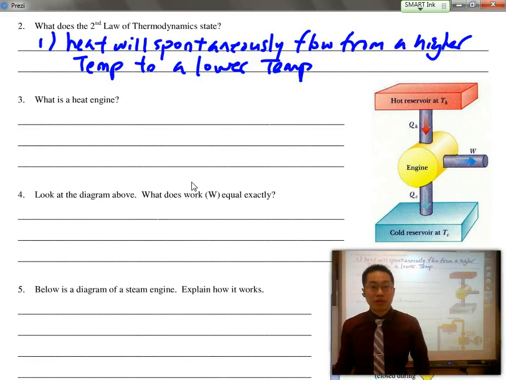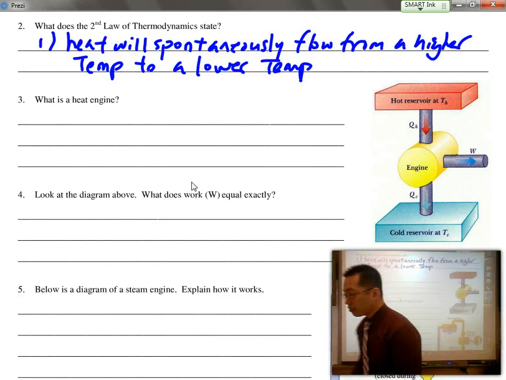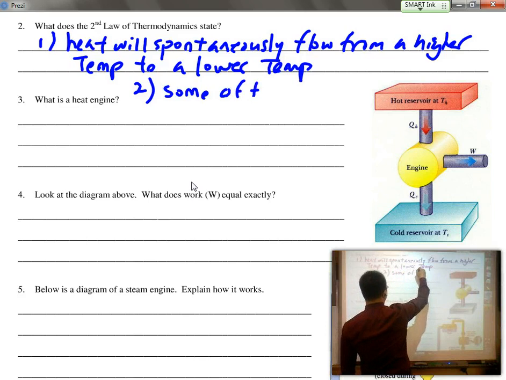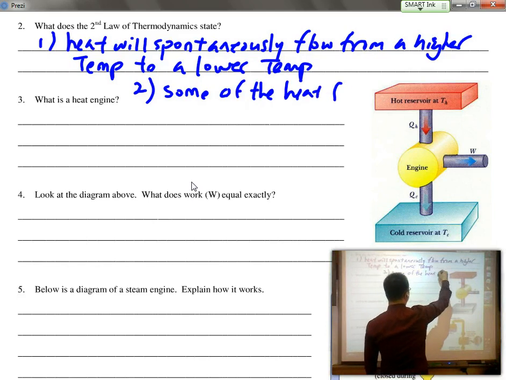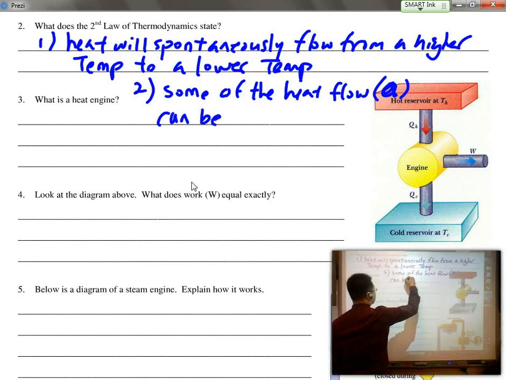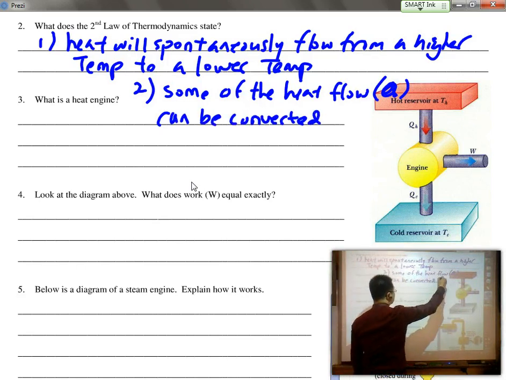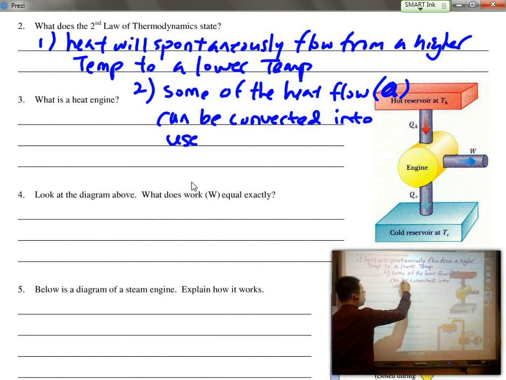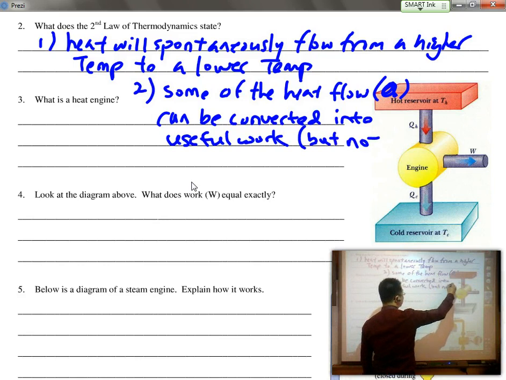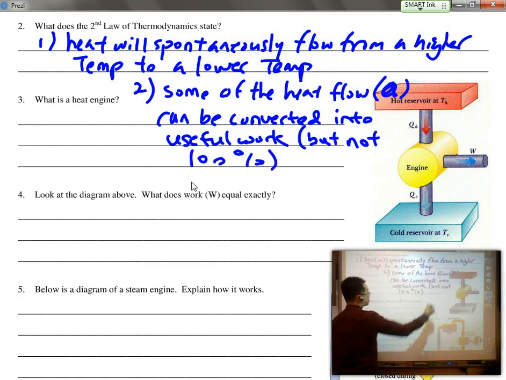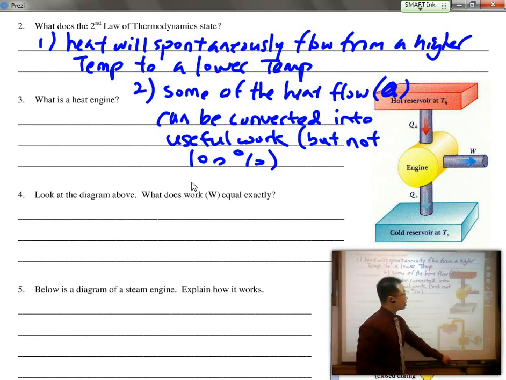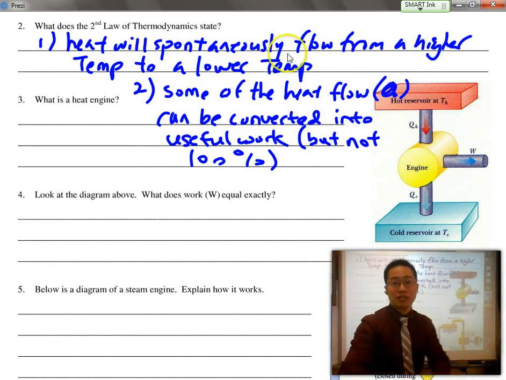And the more important thing actually is that some of the heat flow, or Q, can be converted into useful work, but not 100% of it. Okay. So if we think about that in relationship with our heat engine, and that's our diagram on the right,